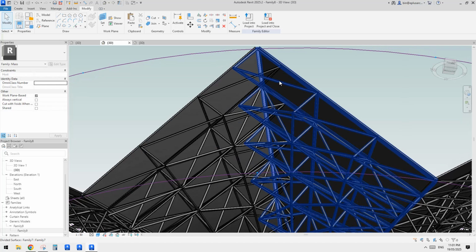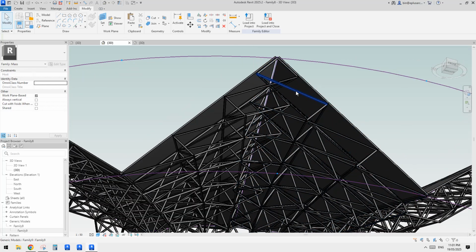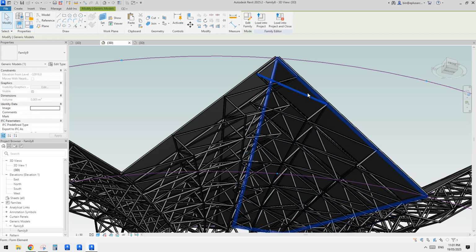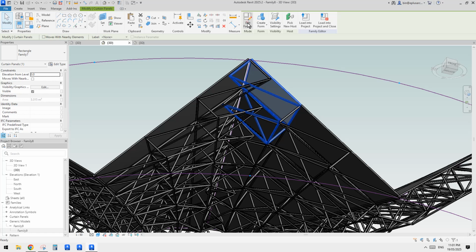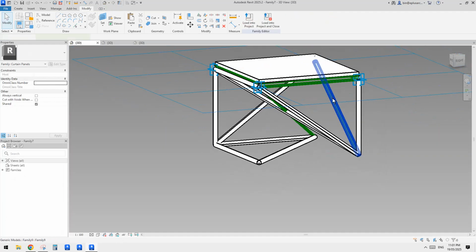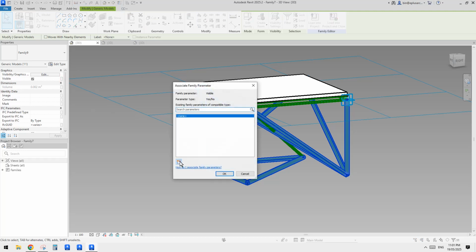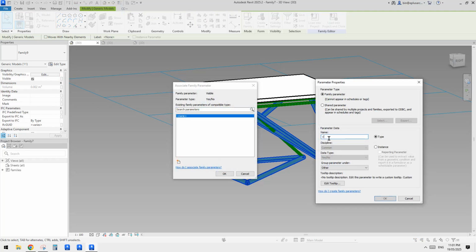So I think we can probably just go into, so you can, I'll see if we can delete. No, we can't delete. Sorry. We can go into this family, right? So then we can select all these, select all. So here we have a visibility parameter, so we can just go create a parameter for this. So I'll just call it vis, and this time because